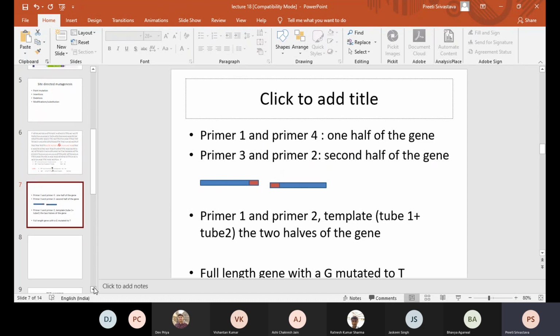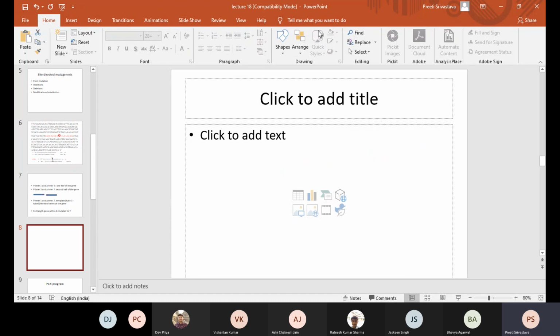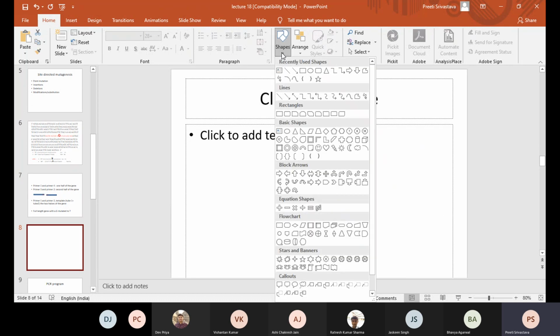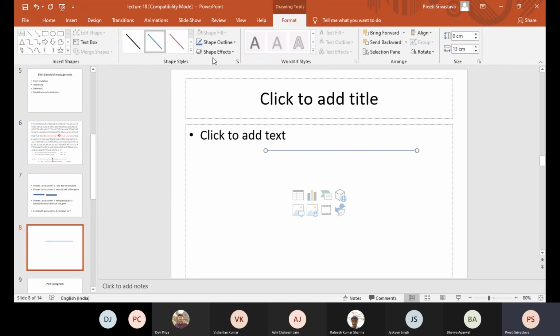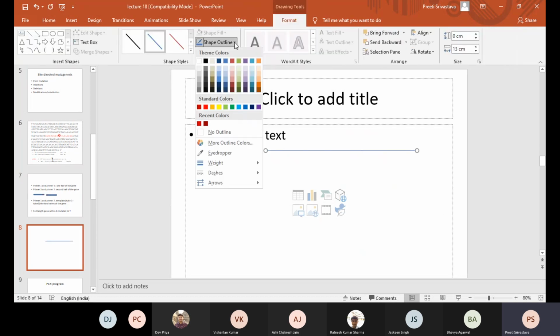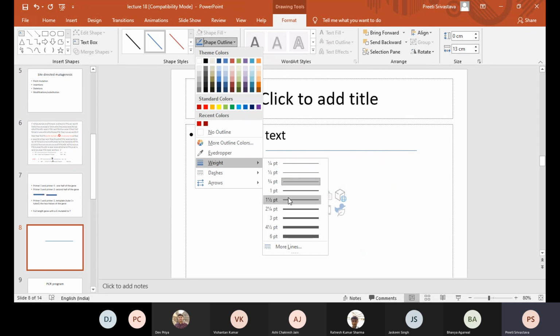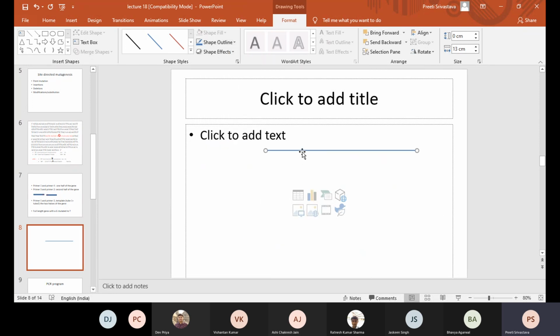Insert a new slide. Okay, and I need a line. So this time I will not use color, okay?